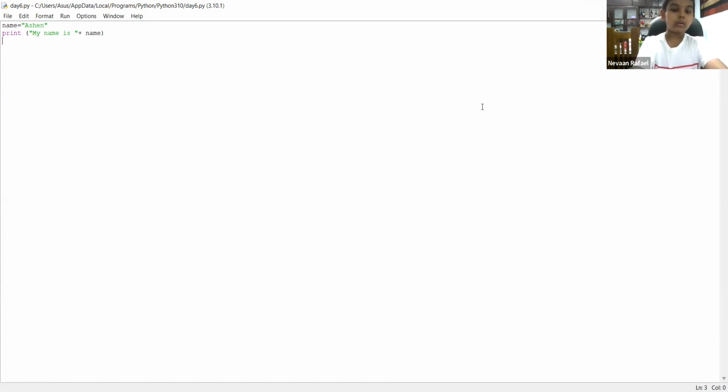Enter, and then after that, I will write print. And after writing print, I'm going to leave a small space. And then after leaving a small space, a bracket. And after writing a bracket, I got to put the quotation mark again. After writing that quotation mark, what I got to do is don't use space, but write my space name is.